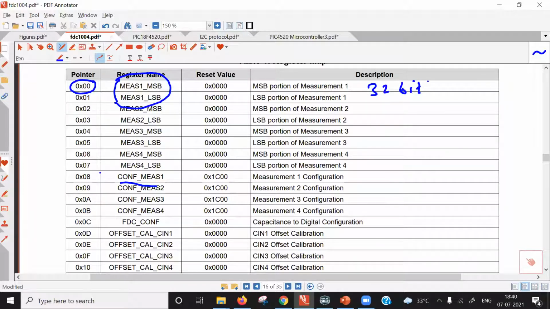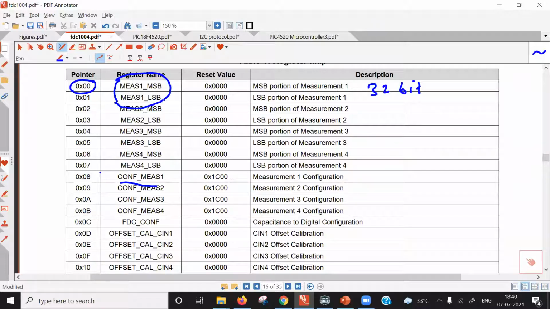and our result is 24 bit. So the first 16 MSB bits are saved in the MES1 MSB register, and the remaining 8 bits are saved in the upper 8 positions of the MES1 LSB register, and the last 8 bits of the MES1 LSB register are not implemented. Two registers together become 32 bit. The result is 24 bit. So the MES1 MSB register is fully used for saving the result, whereas 8 bits of the MES1 LSB register are used for saving the last 8 bits of the result.